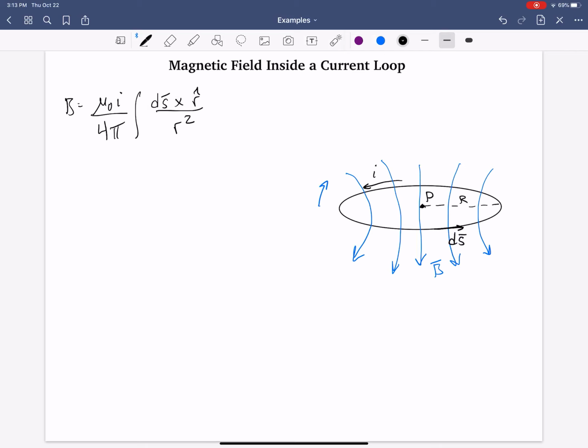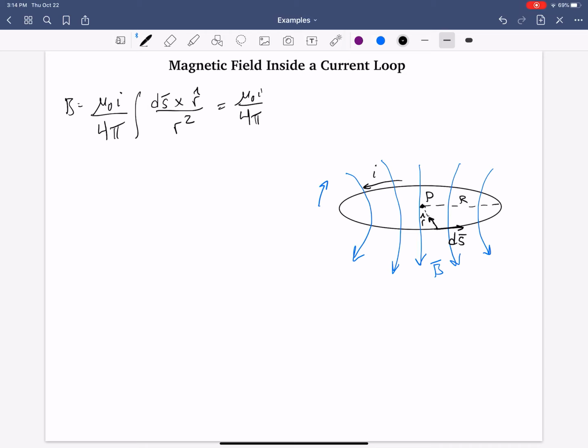that comprise this loop. And each of those segments is of equal distance to point P, if P is in the center. That means they're all a distance capital R away. But more specifically, they all have some r hat vector pointing towards that point P in question. So when we evaluate this cross product,